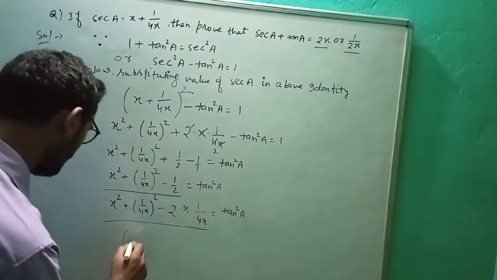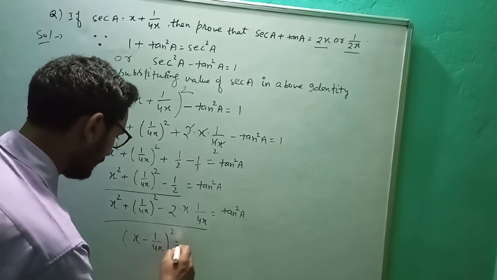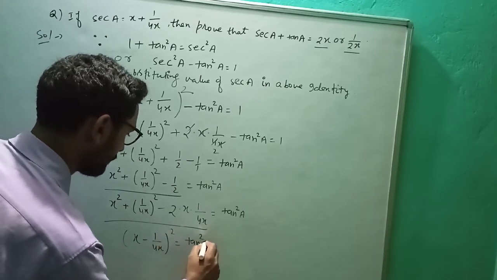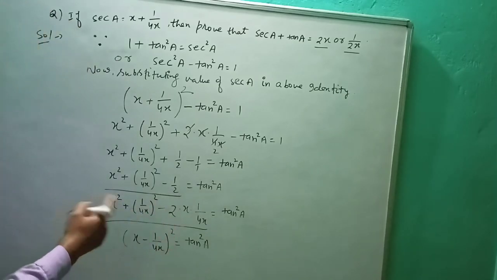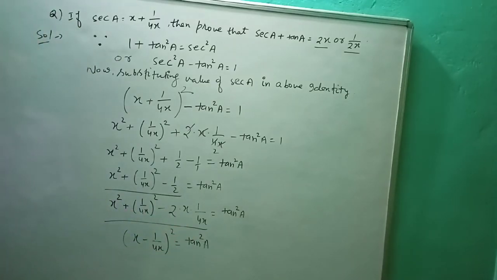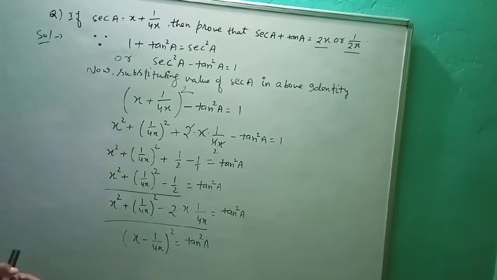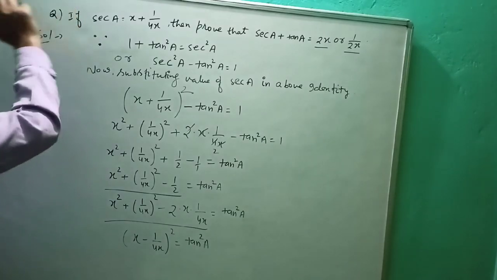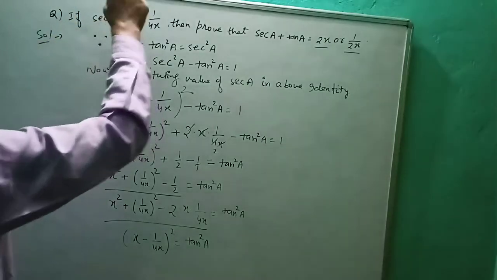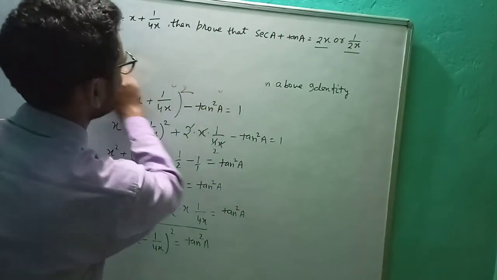So this is now the complete square of (x minus 1 upon 4x) whole square, and there is a 10 square a. Now because on both sides we have squares, we have to take the square root on both sides. So now I am going to just take the square roots. Remember this question. So now we must remove this part.